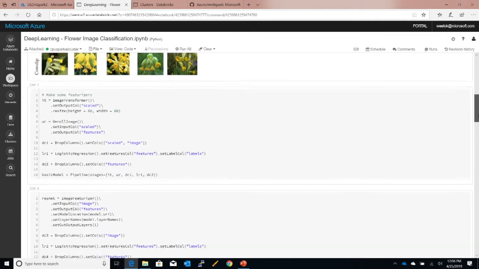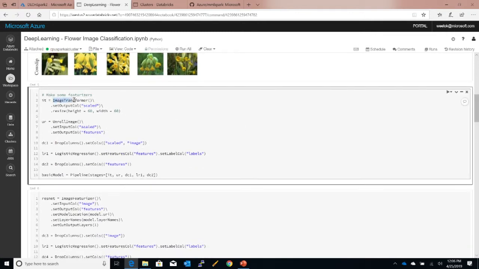One of the things MML Spark provides you is a bunch of image transformers. Whether you're trying to do rotation, cropping, and so on and so forth, it makes it really easy for you to do all these image augmentation tasks, assuming you're using deep learning for computer vision. We drop some columns, and we define a pipeline that consists of all these stages, if you will. So this is the image transformer. This is where we're trying to unroll the image into a whole set of values. We drop some columns, and then we do logistic regression out of it. So this was a non-deep learning model. We're just treating the image as a series of values.